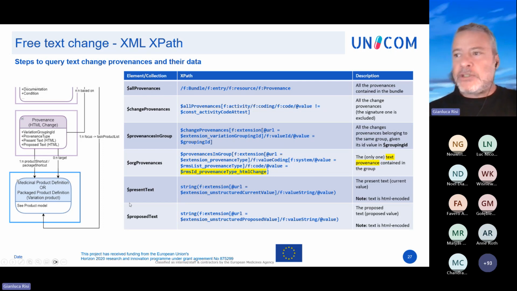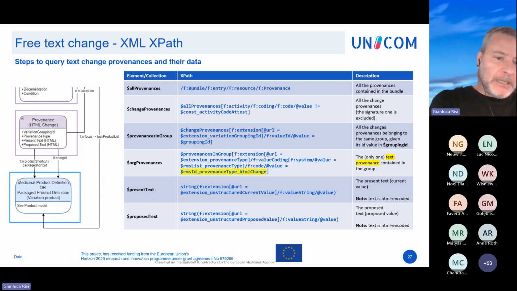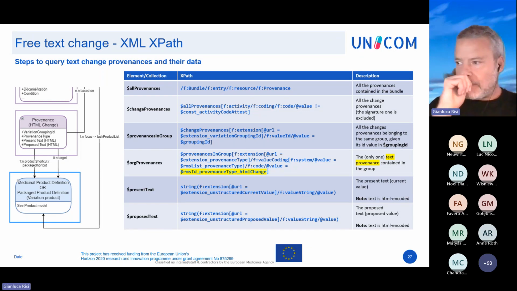And the last two lines allow us, having already the provenances of type HTML change in our hands, to take the two textual values of present and proposed text. Each of them is contained inside an extension. One extension is called unstructured current value, and the other one is called unstructured proposed value. So each of them can be queried by using each of those two queries. And as the note says, the text is HTML encoded. We will see this